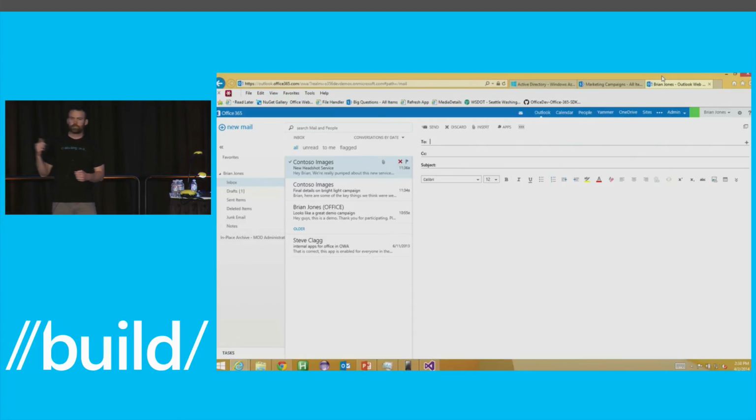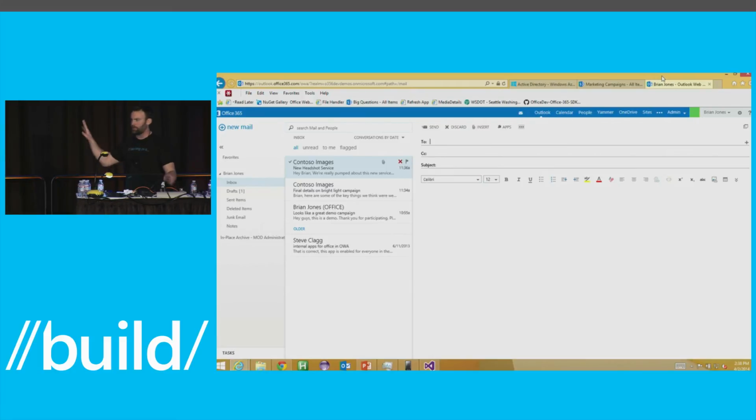And so this solution, you're going to see it's going to show up inside of Outlook. We already saw it in SharePoint. We had this Android device that was showing, and I even have a Windows Phone app that's going to connect to that same solution. So here I am in Outlook.